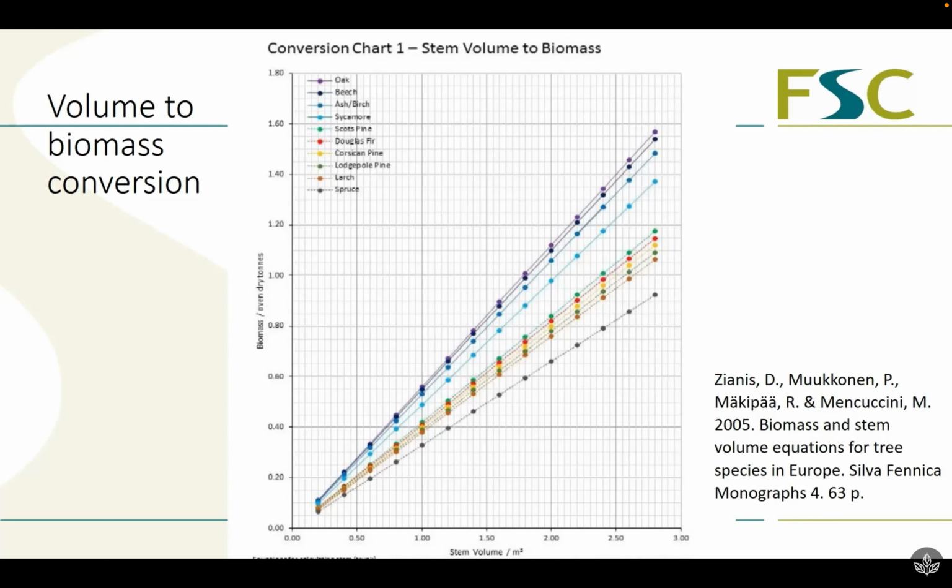So Zianis' research has produced 3 charts, one for working out the biomass of the stem or the trunk, one for the canopy, and one for the root system. And what you can see here along the bottom is that we need to know the stem volume in order to work out the biomass. So once we know the volume of the stem, the trunk, we can work out, if we know what type of tree it is, so different colours of different trees, we can use that to work out on the chart